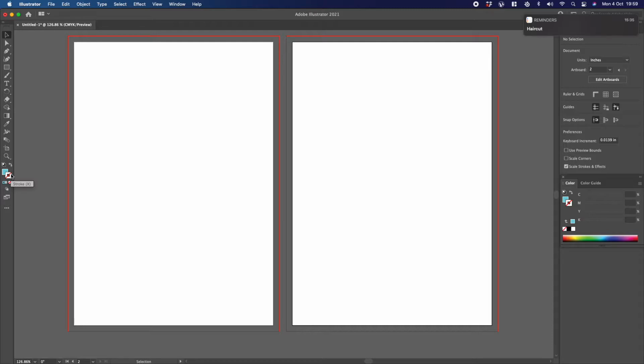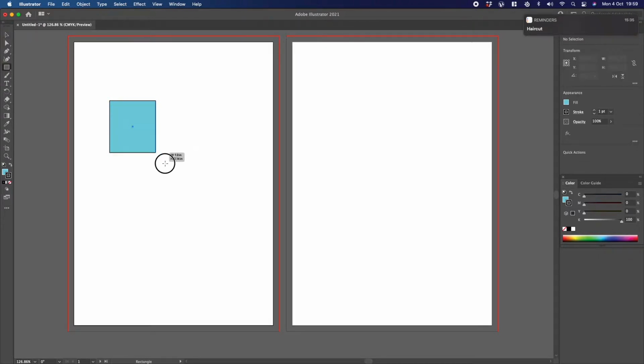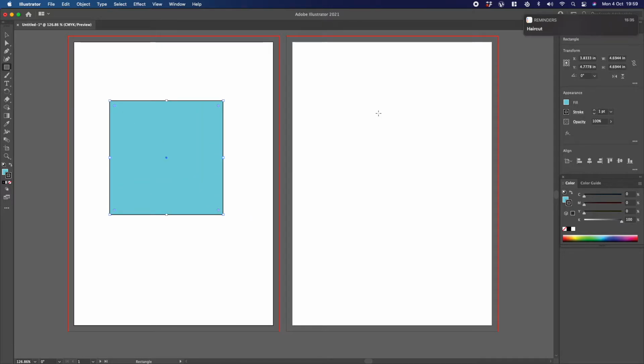This brings the stroke to the front and that's active now. So if I choose that and go to my color, you can see there's black and white already set up. So this will have a black outline and a blue fill. And you can see if I draw something, I'm going to hold the shift key down to draw a square. You can see it's got a black outline,